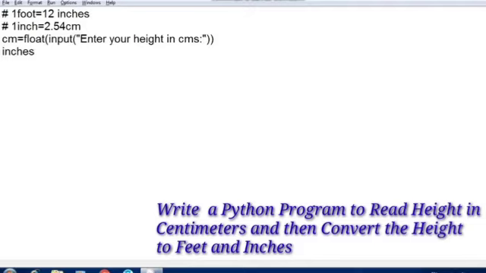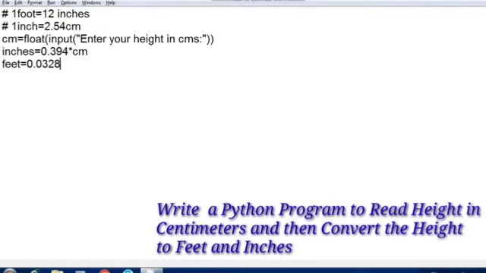0.394. I have divided it, and as we can see that 1 inch is equal to 2.54 centimeters. So to find out the inches, I have divided this 1 by 2.54. So I have got 0.394, and I'm multiplying it with the height of the user. So I'll get the height in inches, and now to find it in feet, I'm going to write the formula. I have 0.0328 into the centimeter.